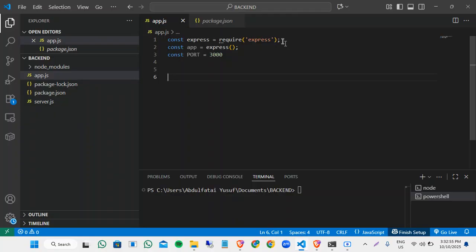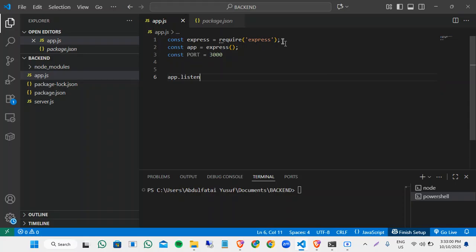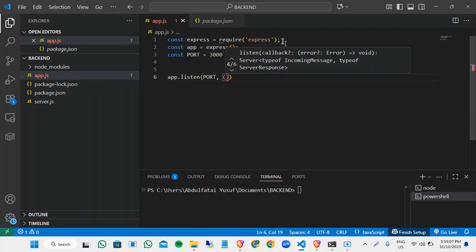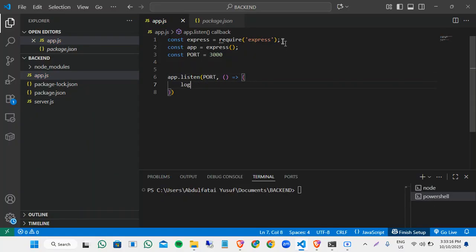So let me, here we go, app.listen. Then we bring our port here. Then I'm logging something here. Let me quickly do it this way. Then let me log it here. Yes, I have my console.log. Then I'm writing something here: our app is running